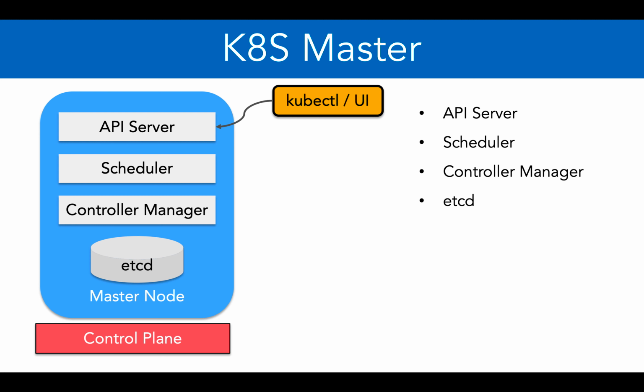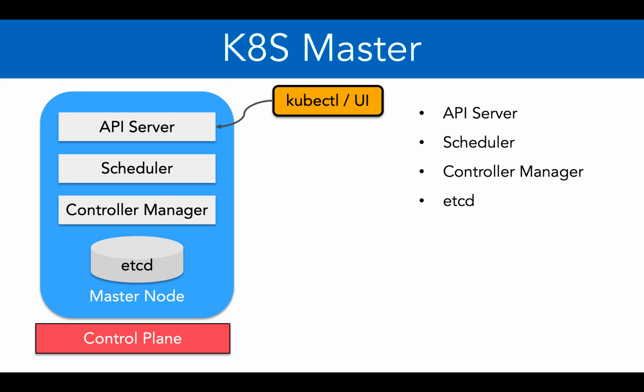And then the final component is the etcd. Now this is a key value store database, and it is very, very important because the state of the entire cluster is maintained in this database, and it is the heart of the Kubernetes cluster. For example, how many worker nodes this cluster has, what are the current number of containers which are running and which containers are running on which nodes, what are the replica sets and deployments that are running in this current Kubernetes cluster. All these things are stored in etcd.